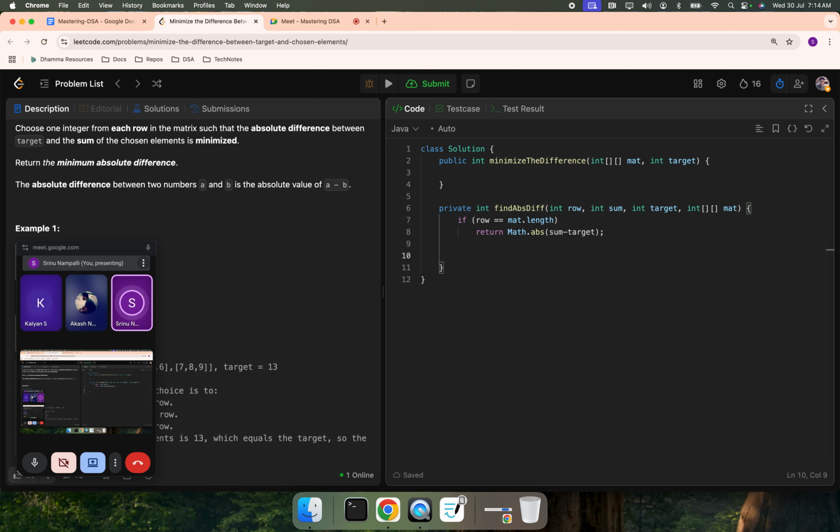Now, if it is not the case, what you do, you need to explore all the columns for a given row, right? So you will have column starting from 0 and column less than matrix of 0 dot length and column plus plus. Then what is your job now? You need to explore. First you will add sum plus equal to matrix of